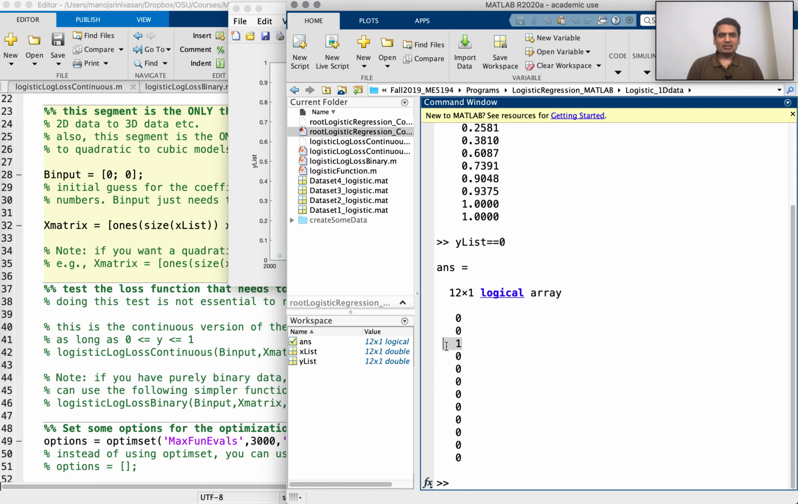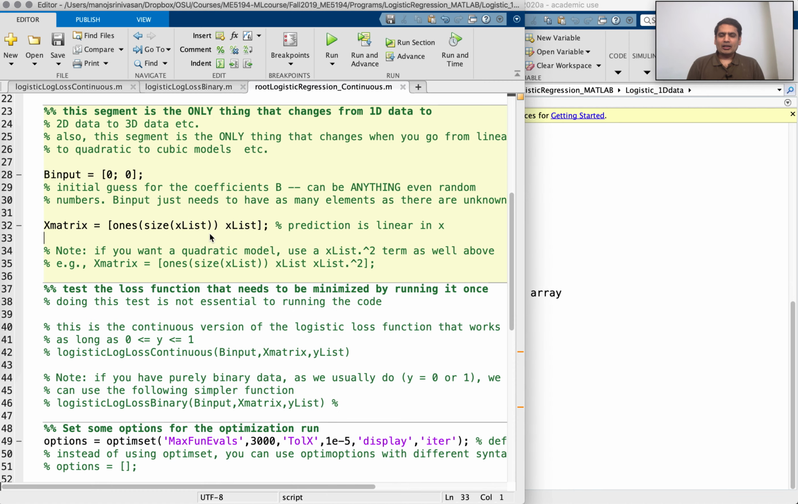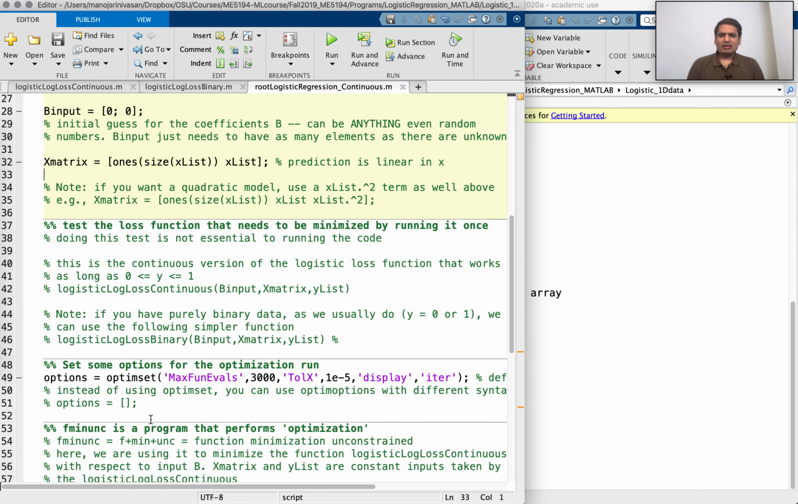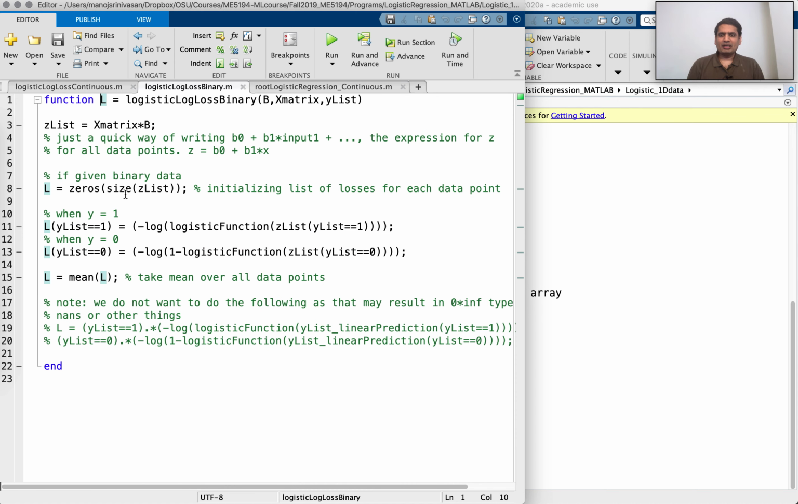0, there's one value that's equal to 0, and a couple of values equal to 1. Okay, and we can try to run the old logistic loss with binary loss function, right? So this binary loss function